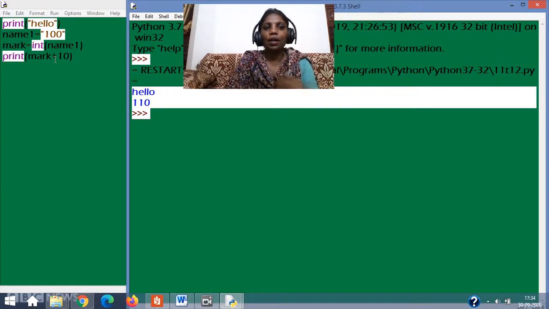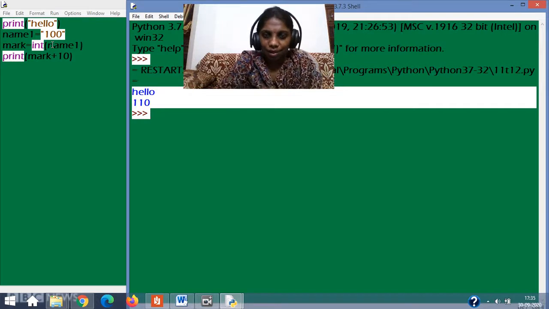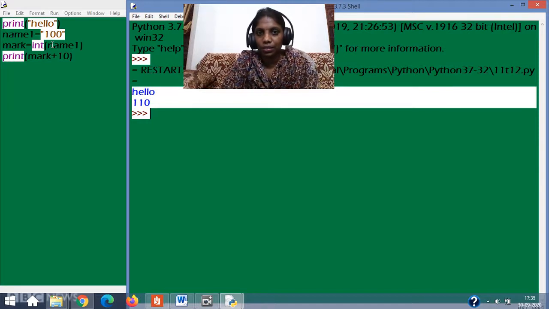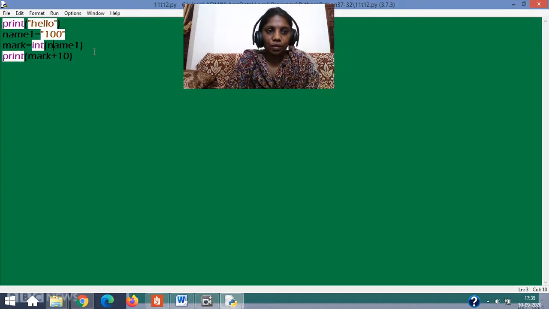Yes, here it is. 100, which was a string type, can be converted to an integer type with the help of int. So str, int, which is of the type data types indication level in Python, is used here to make a conversion from one data type to another data type. If it is the other way around, of course plus 10 would not have worked. It is in the string, plus 10 will never work, but with an integer it will work. Now it is an integer.